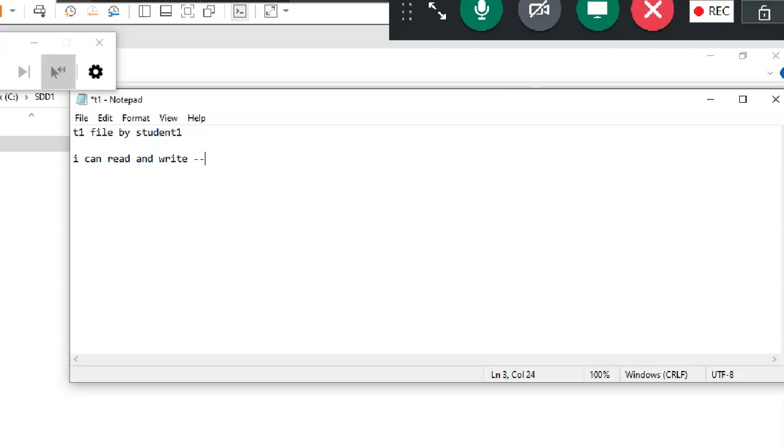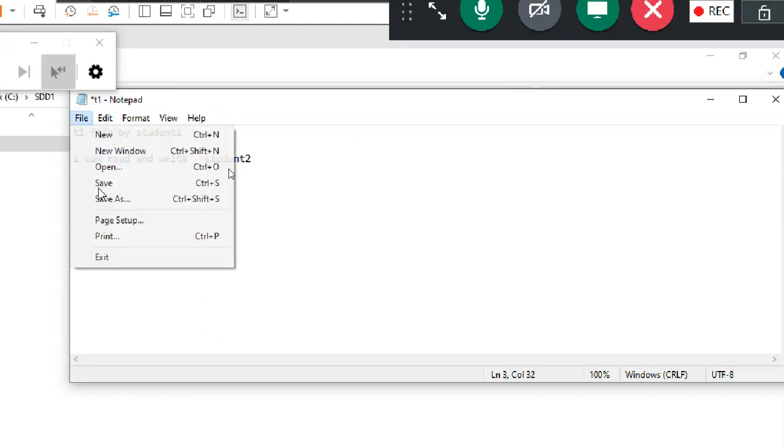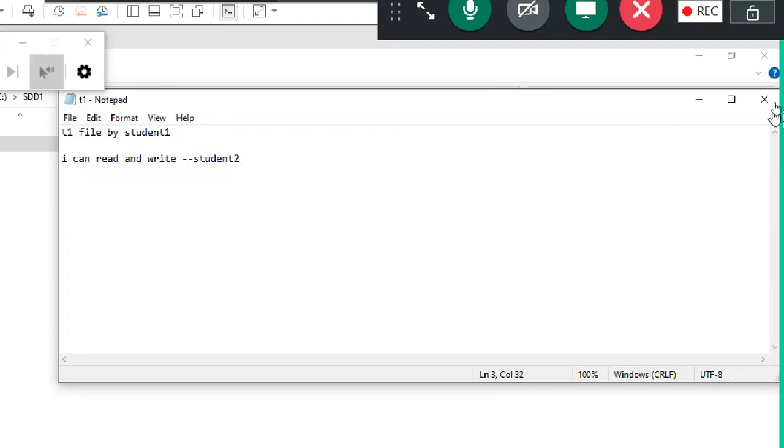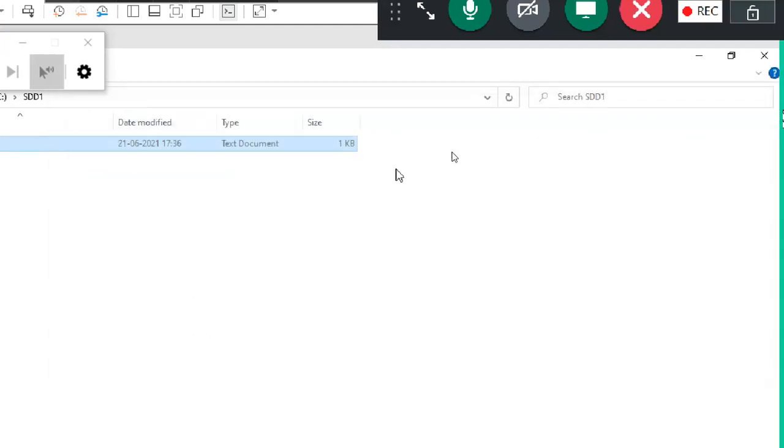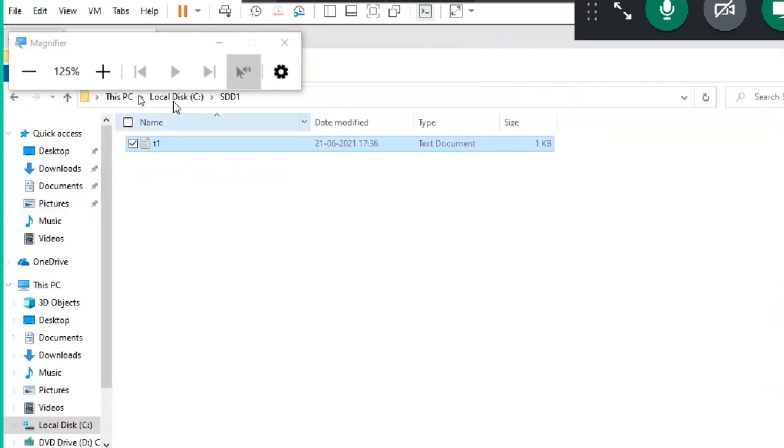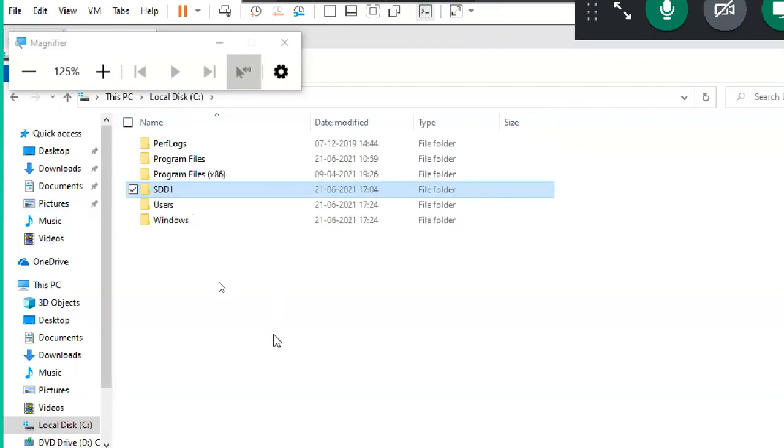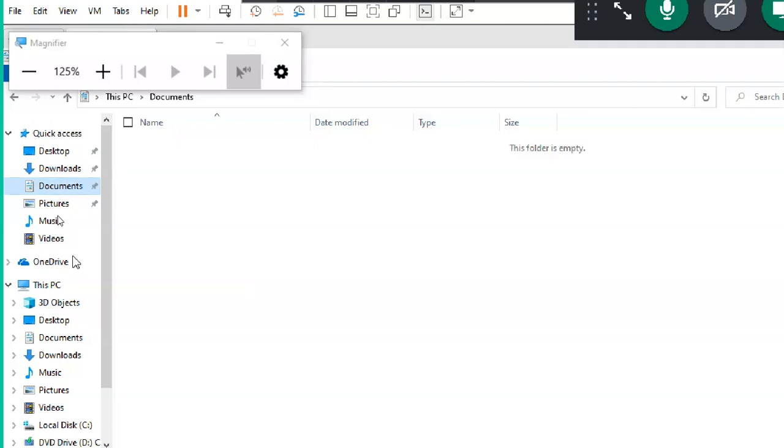Student 2 will try. Save it. It is not throwing any error. Closing it. It can be seen in the C drive. It is common data. Any user can read and write the data based on the permission, of course, but normally it is common data. Documents, pictures and all are not common data from one user to another user.